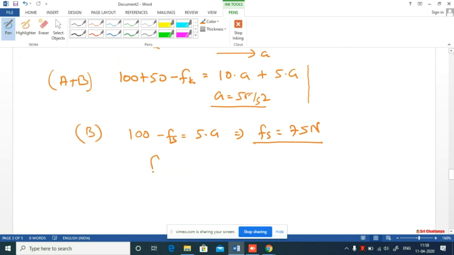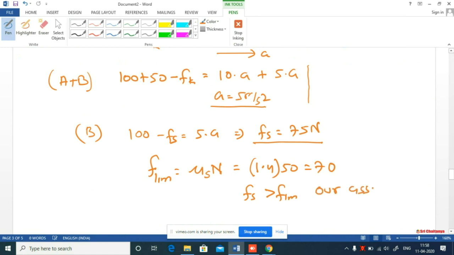Right. And what is the value of F limiting? F limiting is equal to mu s into N. Mu s we saw is 1.4 and normal was equal to 50. So that is equal to 70. So you can see that Fs actually comes out to be more than F limiting. So our assumption